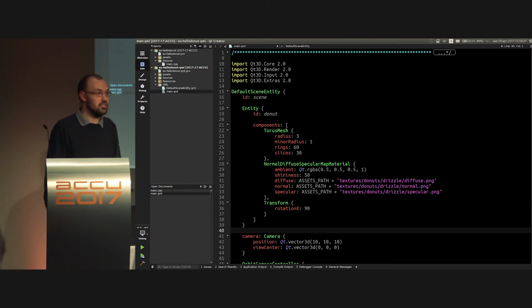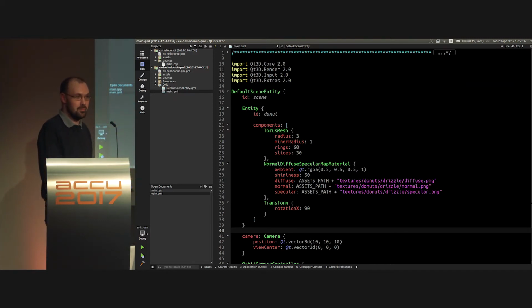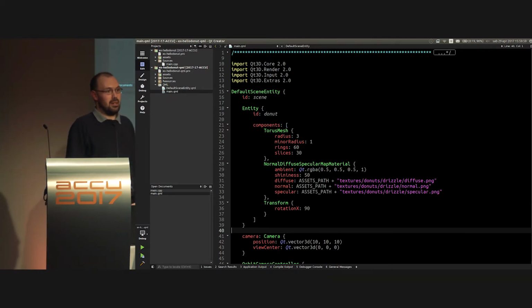OK? Yes, sorry. Yes, of course you can add things at runtime. This is a very simple example, so I'm not doing it right here. In C++, that's easy, right? You just do things. In QML, you can also do the same. You have many options to do that. I don't have time right now to do a course on QML itself as a programming language, but yes,